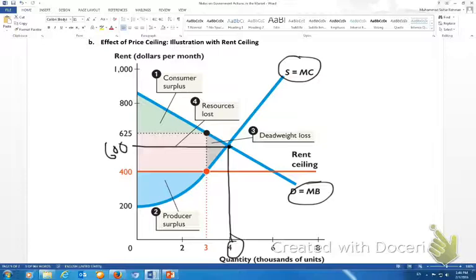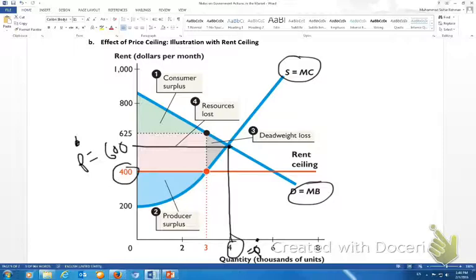Okay, so that would have been the market equilibrium. So this would be my P star, and this would be my Q star. Now the government imposes a rent ceiling, which means that the government says that prices cannot be anything above 400, meaning